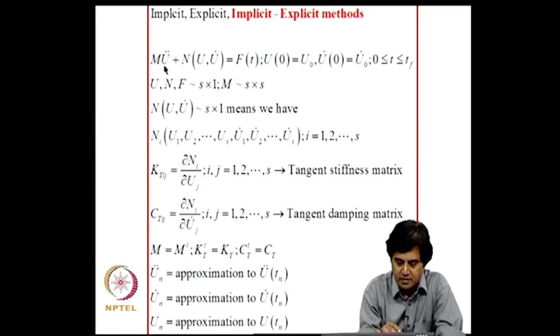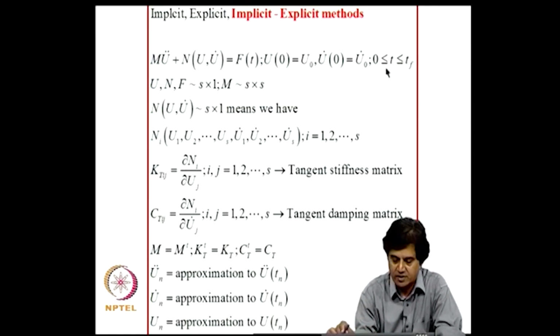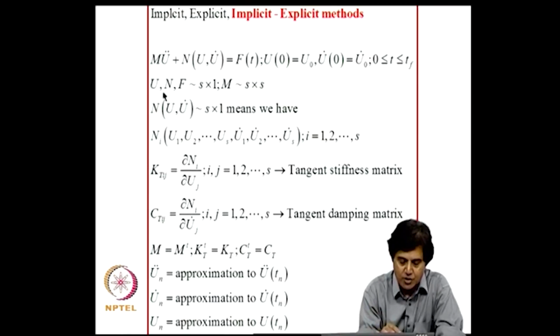So, let us consider the equation of motion M u double dot plus N of u comma u dot is equal to f of t. This N is for nonlinear terms. So, with certain initial conditions, and this is a time duration of interest. So, this u, N and f are S cross 1 matrices, M is an S cross S mass matrix, it could be diagonal, and N is